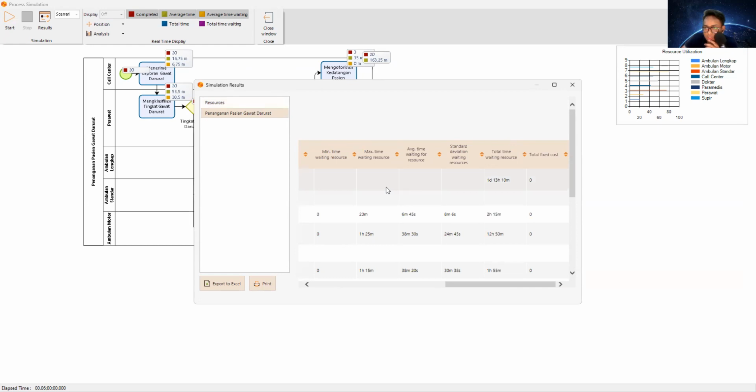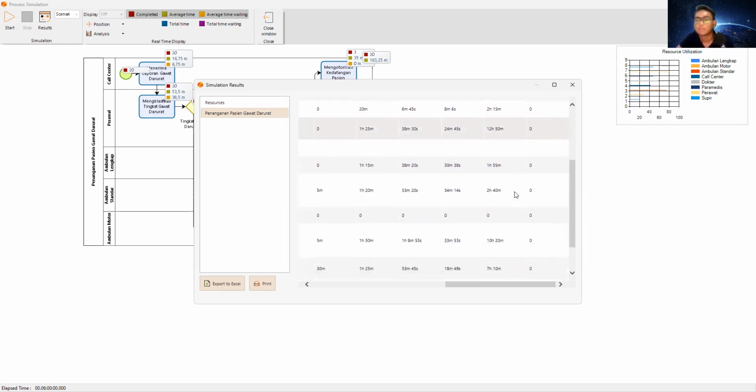Before that, we know the total cost, and the next we must know the total waiting time. As you can see here, the total time given for handling 20 patients is 1 day, 13 hours and 10 minutes, guys.